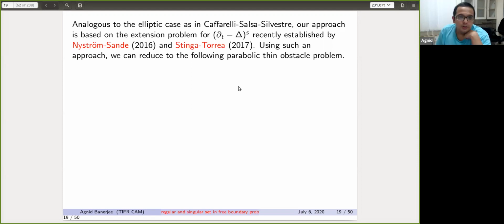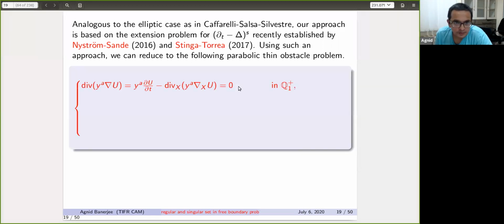Okay. So in fact, what you have is a very similar one. You solve a degenerate parabolic PDE, such that the boundary values are equal to little u, and then the fractional heat operator applied to little u equals the same weighted Neumann derivative applied to the capital U. So the degenerate operator looks like this. Capital U is the extended function, where you have the extended variable y, and it solves this equation in y bigger than 0. And on the set where y equals 0, it has to stay above the obstacle, because that equals little u, as in our non-local formulation.